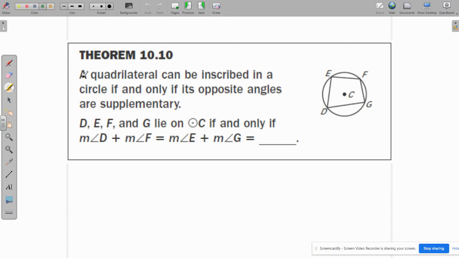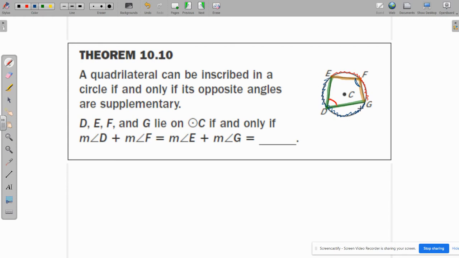So let's talk about one angle at a time. So if I talk about inscribed angle EDG, and then this angle EFG, I notice that this angle EDG intercepts this arc over here. So its angle measure would be half of that arc. And then EFG intercepts, let's pick a different color, this arc over here, which means this angle EFG would be half of that